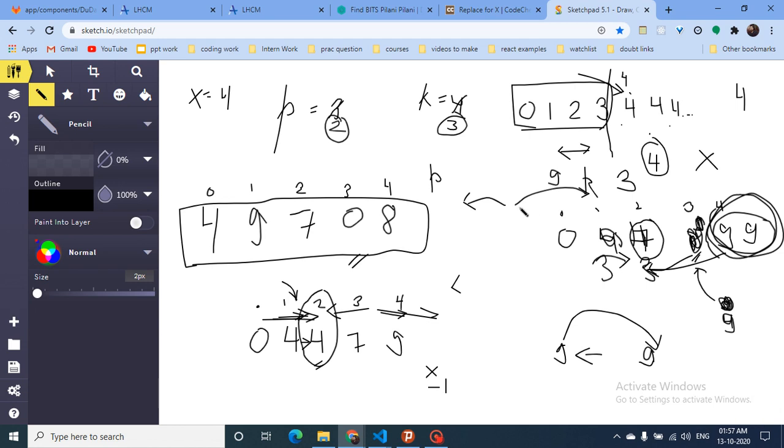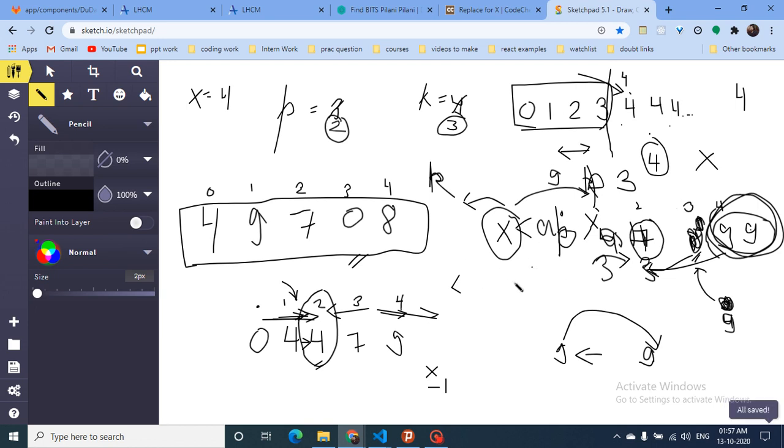But in this case only, when p is here and k is here, and if these are opposite, then if my x which I want is greater than the number at which we are, if you just reciprocate this case in which k is this point and p is this point, then in that case if x is smaller than the number ap, then it is not possible. Else, we have to do the same thing.